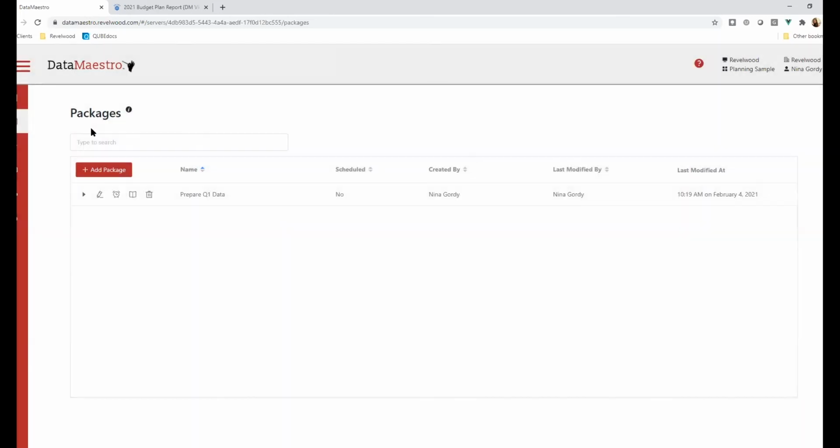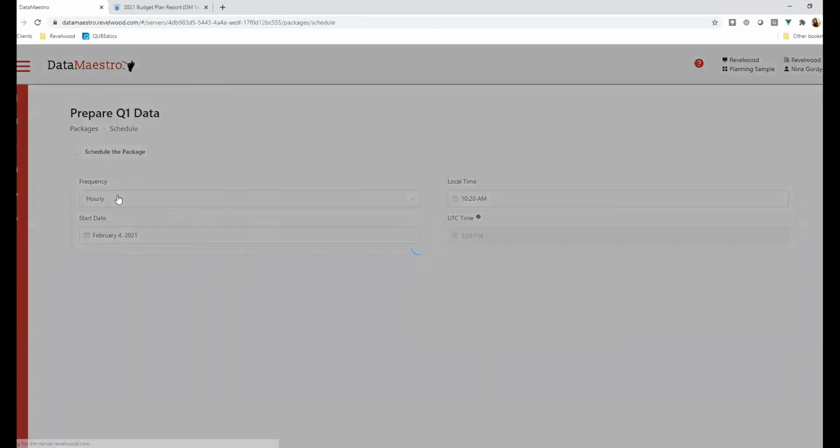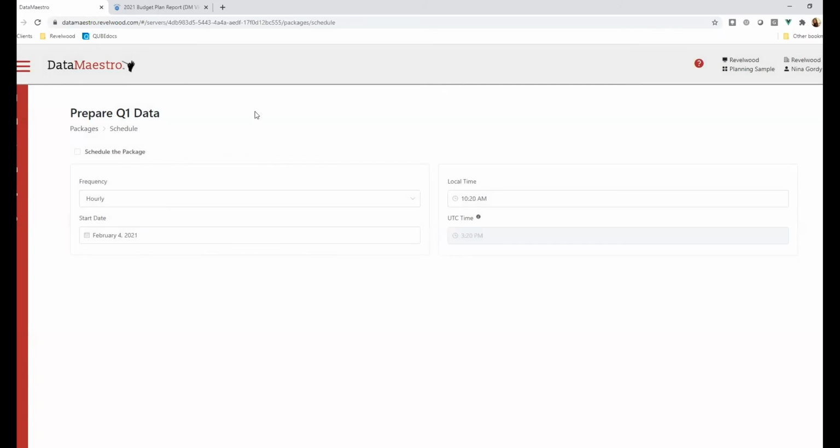So now I'm going to go back to the packages list. And I'm going to show you guys how we would schedule this package. By clicking the little alarm clock, it brings me to the schedule screen. We have a couple options for the frequency at which we're going to run this package. So let's say we want to run it weekly, starting on Friday, and we're going to have it run at,